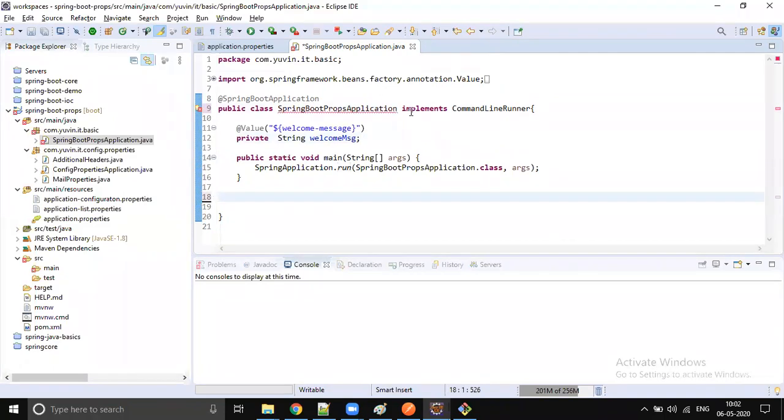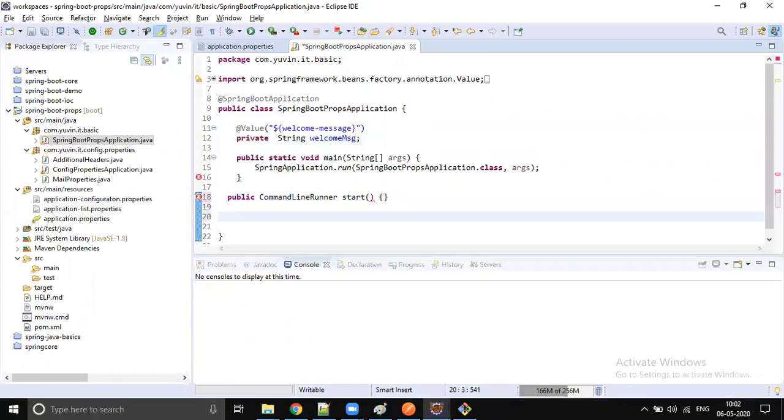Remove this entire code. Okay, I'll take you to the next level, right? Write a method which returns an object of command line runner. Method name can be anything, just give a meaningful name.